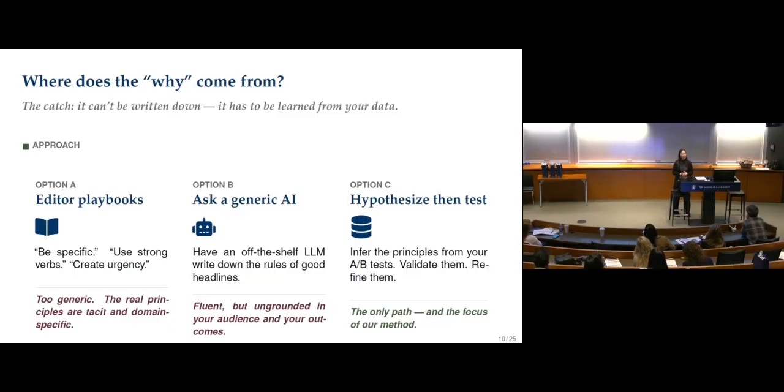Another option is that you can ask the LLM to think about it. The LLM can do reasoning and reflection. You ask the LLM to look at the data and create a knowledge block or guideline. This is option B. Another option, which is what we propose, is that we first use the LLM to propose hypotheses. Then we do hypothesis testing and validate on the data to filter out the not so useful hypotheses, and provide a very short list of really useful principles to guide our model. Then we compare with options A and B to see how we perform.